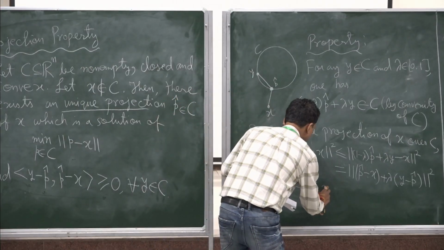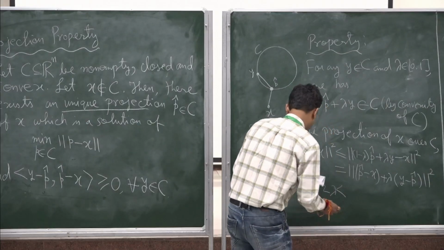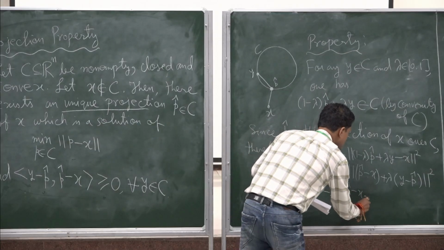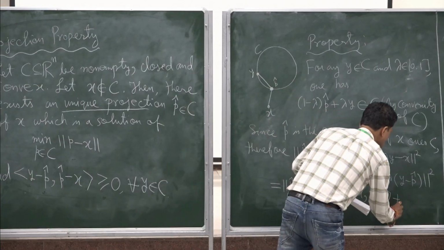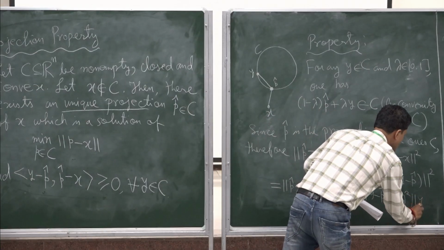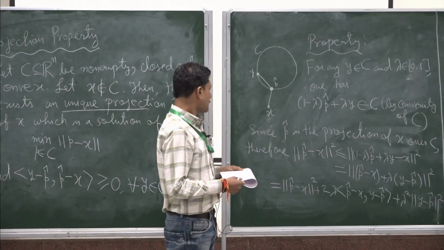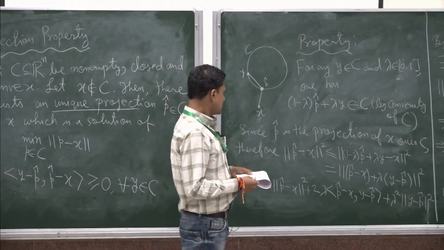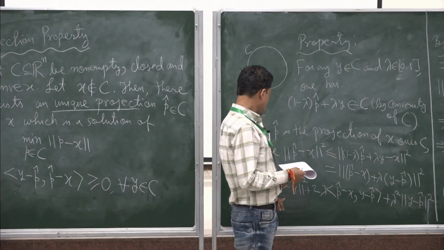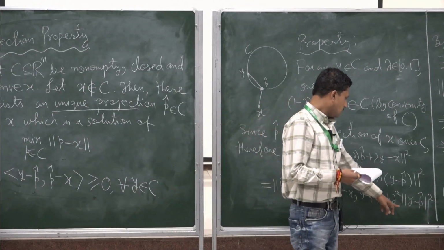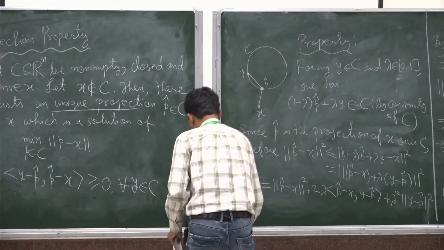So this is the norm of P hat minus X squared, plus 2 lambda times the inner product of P hat minus X and y minus P hat, and this is lambda squared times the norm of y minus P hat squared. Okay, so you see that this is the norm of P hat minus X squared and y minus P hat squared, so that implies